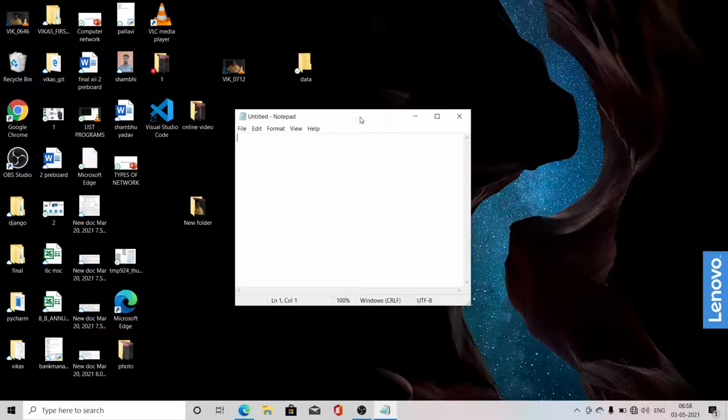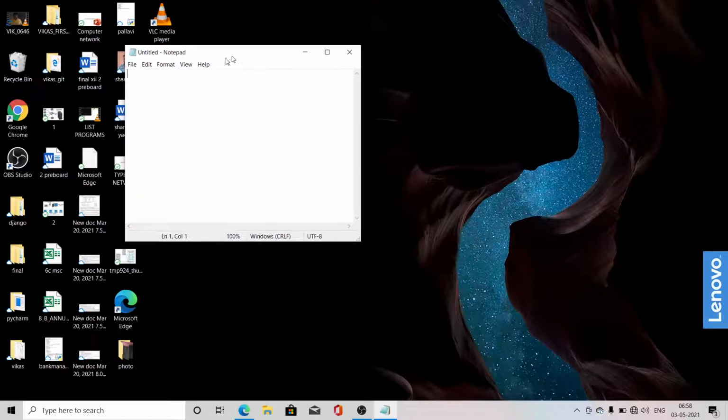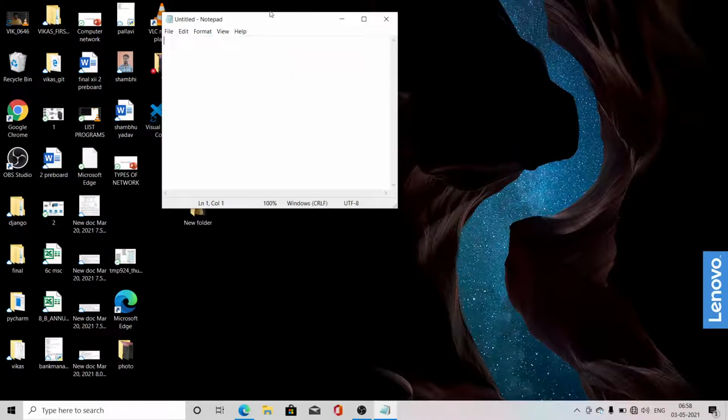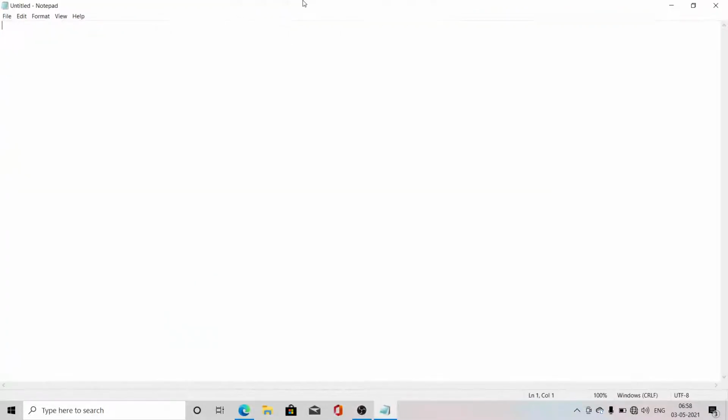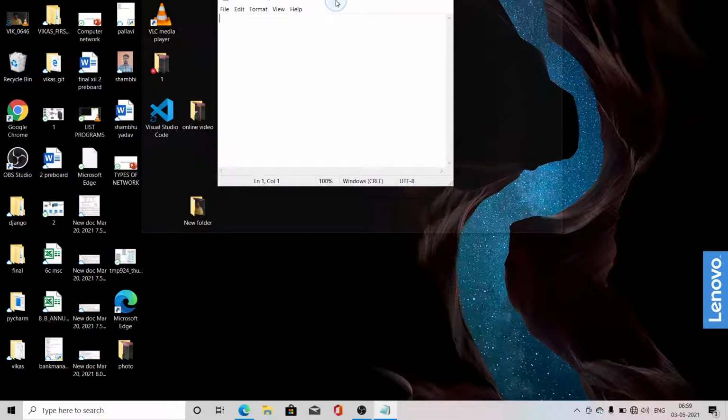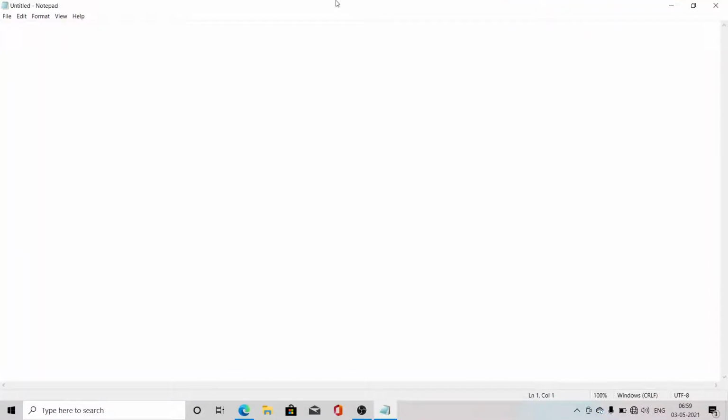We have to click on the title bar and come to the top edge of the screen and leave it. Once again, look here what we have to do. We have to click the left mouse button on the title bar, hold it, and come to the top of the screen. It will become maximized. Clear? So that is the Snap feature.